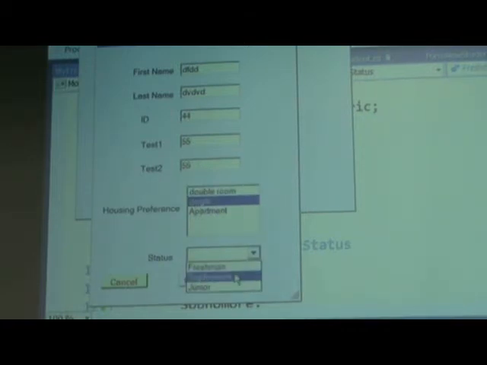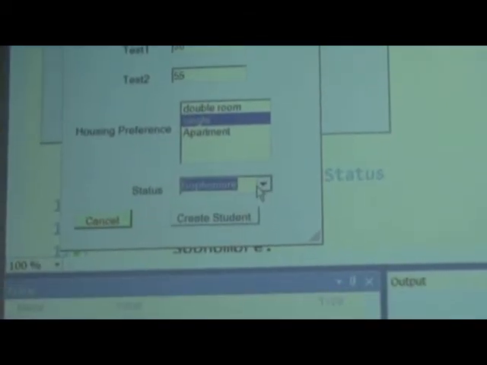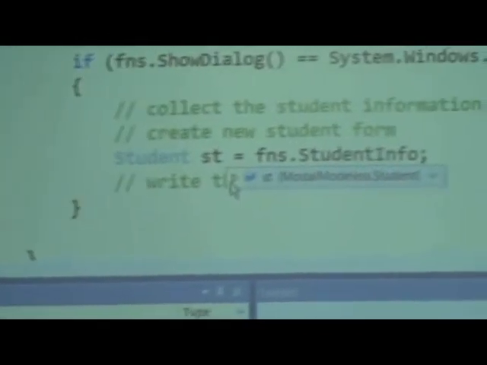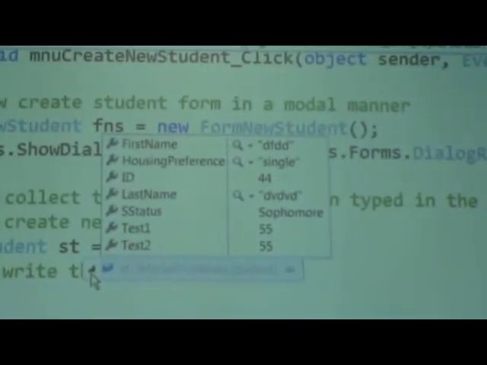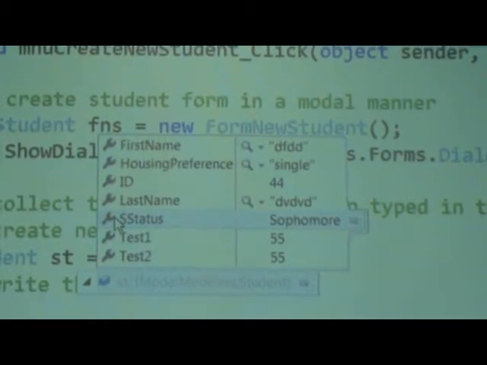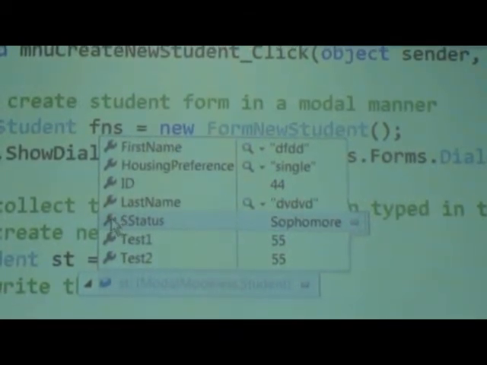From the drop down, for example, somebody can pick sophomore, right? And if I submit, once it comes over here, if I drop it down, since I had selected sophomore, you can see the status is coming back as sophomore, right? Okay,